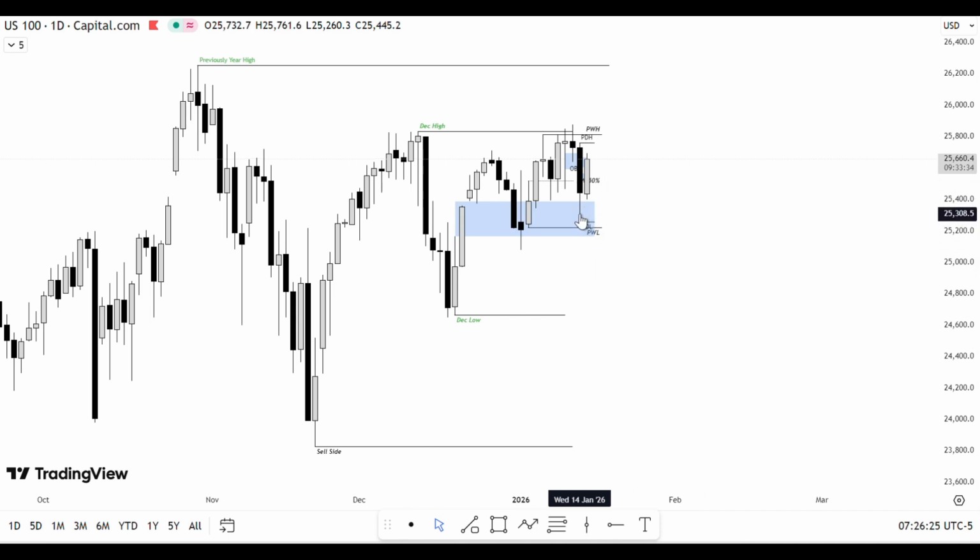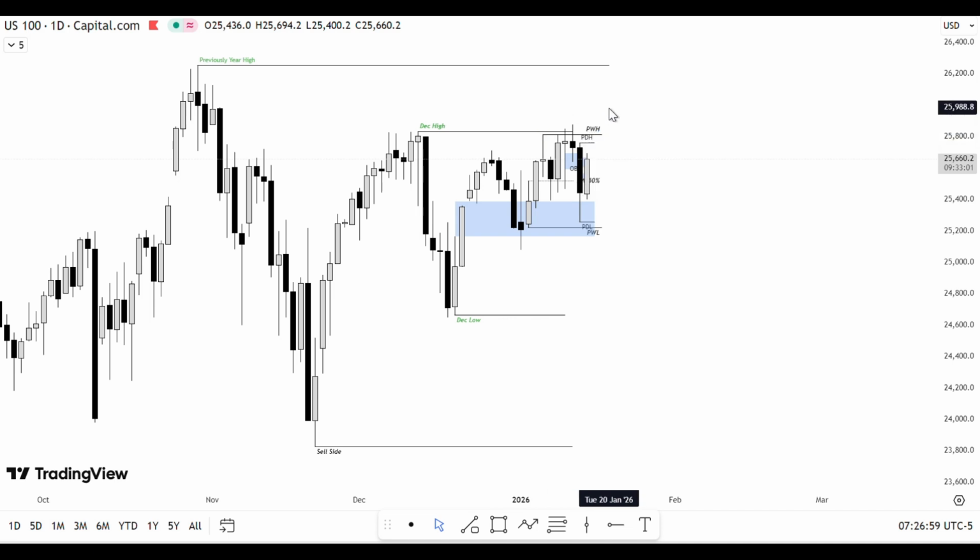yesterday market came down and we buy it here and trade up to here almost. I will show you on the low time frame how we can predict the low, that it is the low of the day and the low of the session, what we are focusing. Okay, but for me this fair value gap or this imbalance is very valuable. If we are not going down, I am expecting some run to the upside.